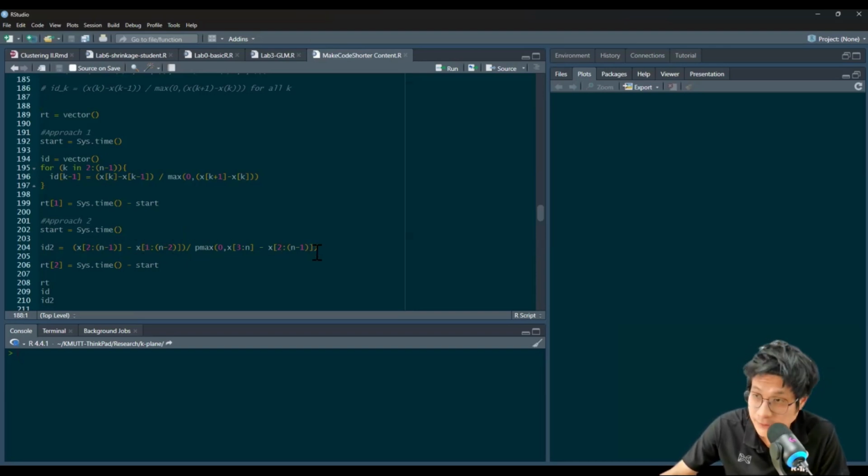On the bottom one, I do the same, from 3 to n, and from 2 to n minus 1. I get a vector of the same length, n minus 2. And then I compare the whole thing with 0,